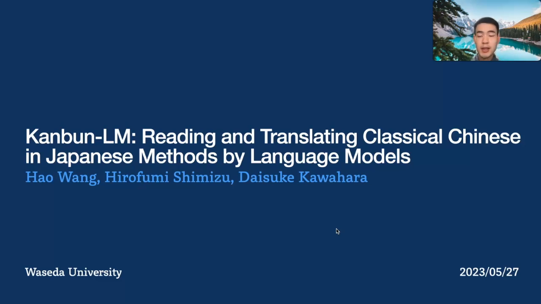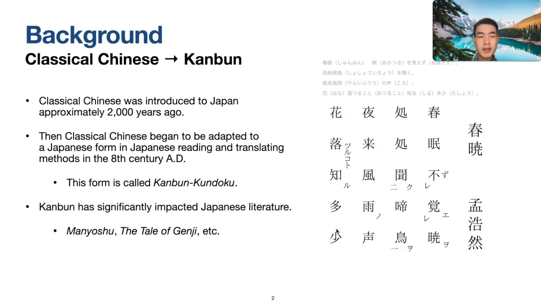Methods by language models. You may have heard about Classical Chinese, it's very famous and there is a lot of data in mainland China. Classical Chinese was introduced to Japan about 2000 years ago. Although there are many common cultures between Chinese and Japanese, it's not very easy for Japanese people to read this, because Classical Chinese is in SVO order, but Japanese is in SOV, so it's very difficult for them to read Chinese. That's why Classical Chinese began to be adapted to a Japanese form, Japanese reading and translating methods,